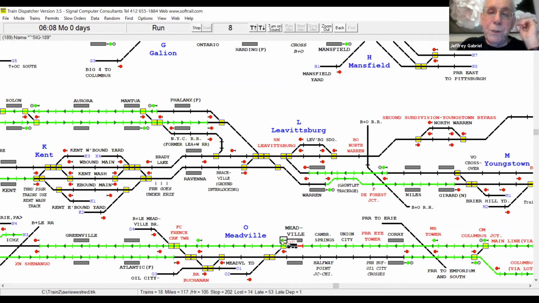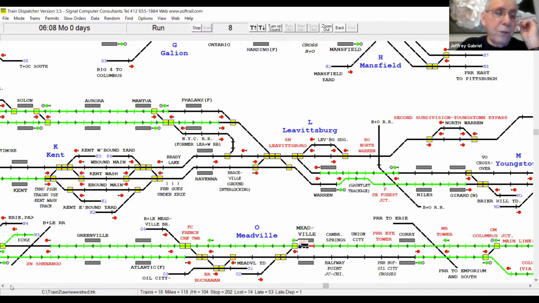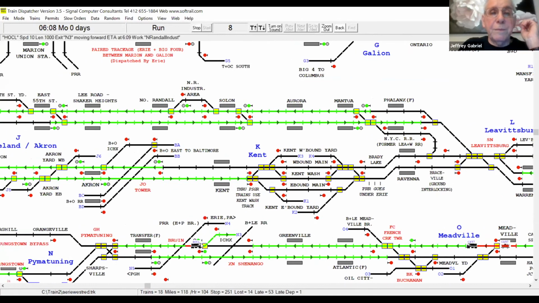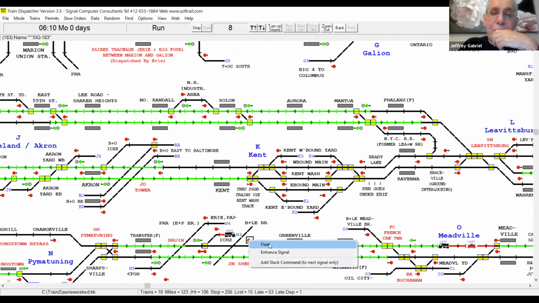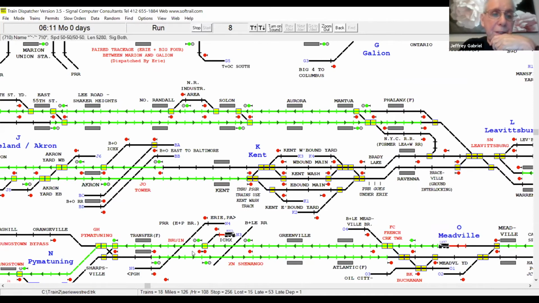So I'm going to clear it through Meadville. Then I'm going to go over to Pymatuning. In order to do this, I'm going to clear it at Shenango. And then I'm going to line it at Pymatuning this way over here.